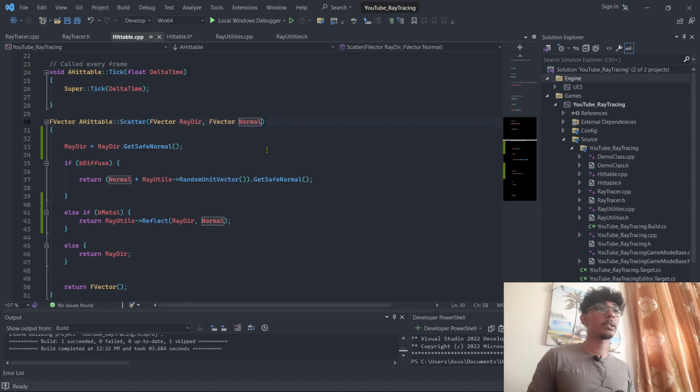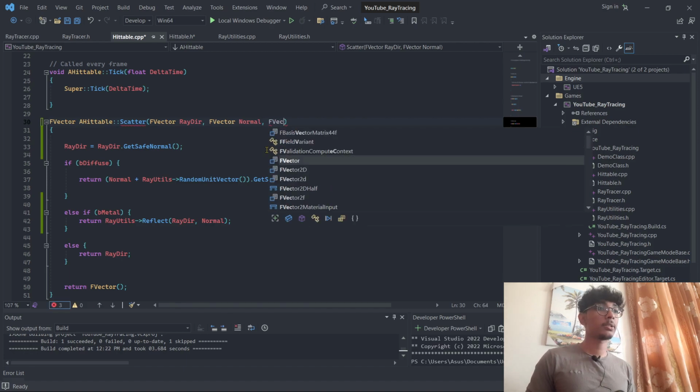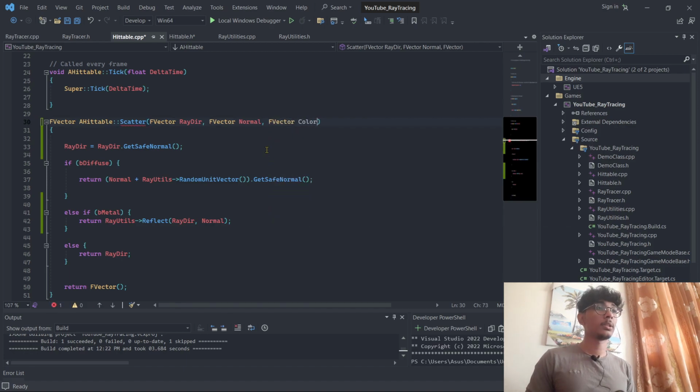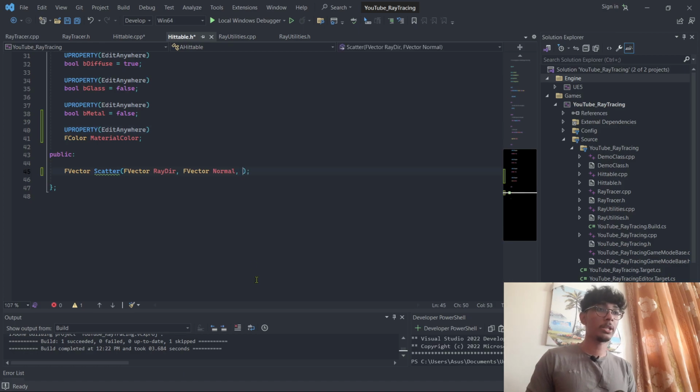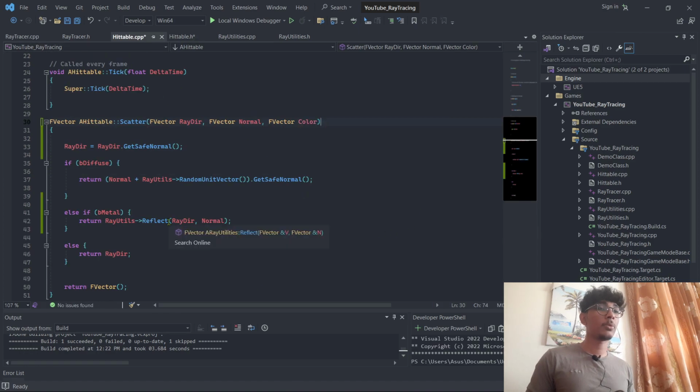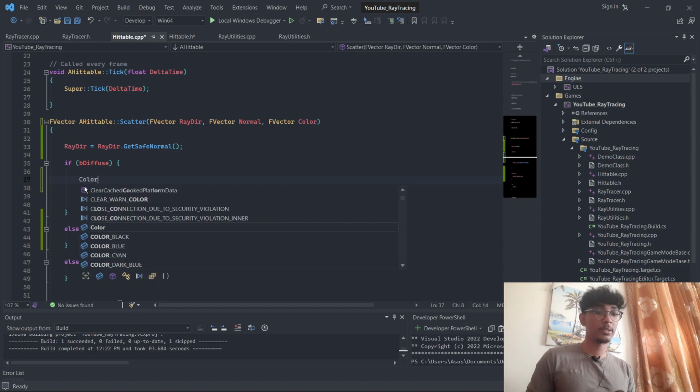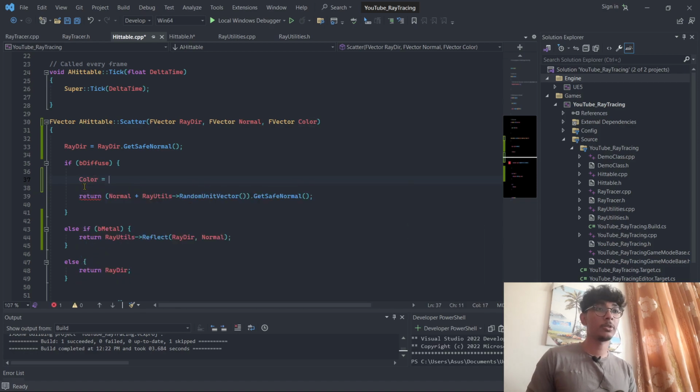Let's come back to our hittable.cpp, and in the scatter function now we're going to accept an FVector, right? So FVector, and we're going to call it color, and let's come back to our hittable.cpp or .h and FVector color. Yeah, that should be fine. Now what we can do is, before we return our scatter direction, we can actually say the color you give in is actually going to be our material color. So material color,